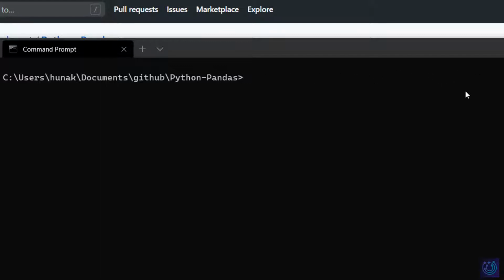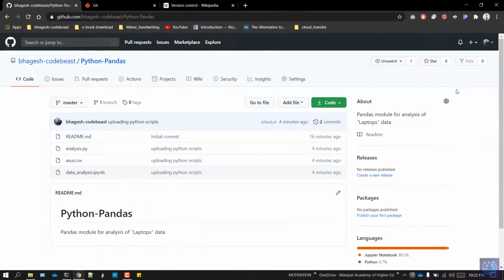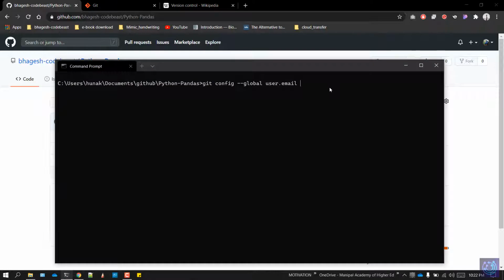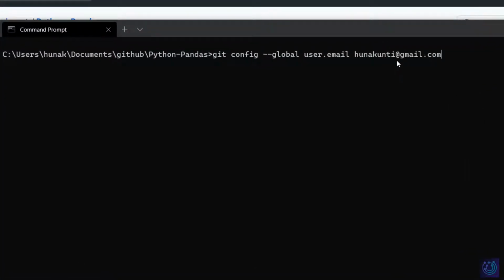So we have added the username. Now after this, we need to add our email. It's a similar command, git config --global followed by user.email. This time around you have to type in the email which you used to sign into this online repository which you created. So just type out your email, for example @gmail.com. You just hit enter after this and the email ID and username will be updated.